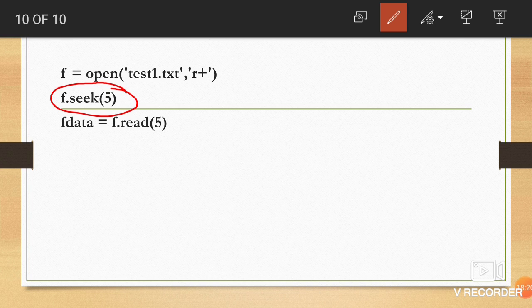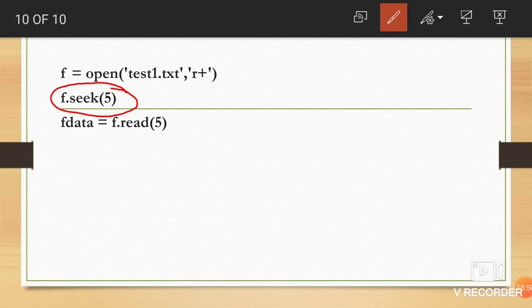That means the position of the file object is stored at the byte 0, 1, 2, 3, 4, 5, meaning at the 6th position, because the offset of the first byte is 0. So it will start reading from the 6th. So fdata equals f.read(5).